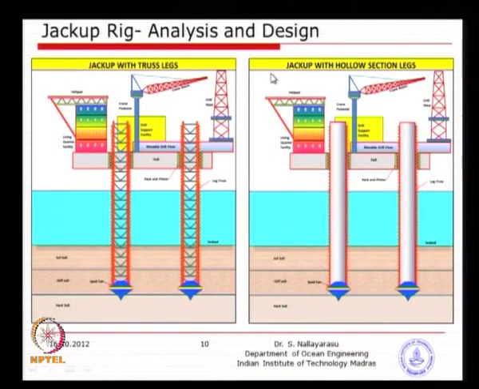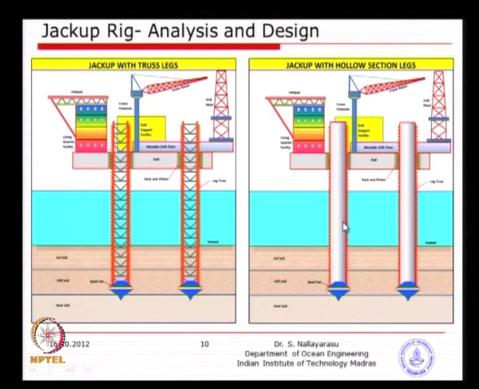So, we will continue with the discussion that we had on the jack-up rigs, various types. You can see from this picture, truss versus tubular is only a choice, and basically the design will be very similar, except here wave loads will be more, whereas here is a transparent structure which you might see slightly reduced wave loads. Advantages, disadvantages, both sides we have. Strength-wise, tubular members will be far better than the truss member. Here so many connections are there, so you may have to maintain it periodically because of fatigue, whereas here there is no such connections.